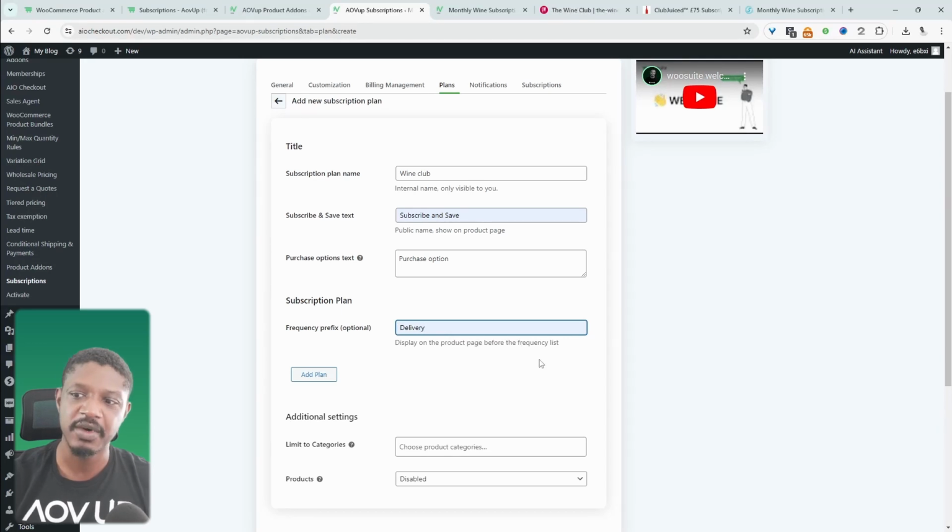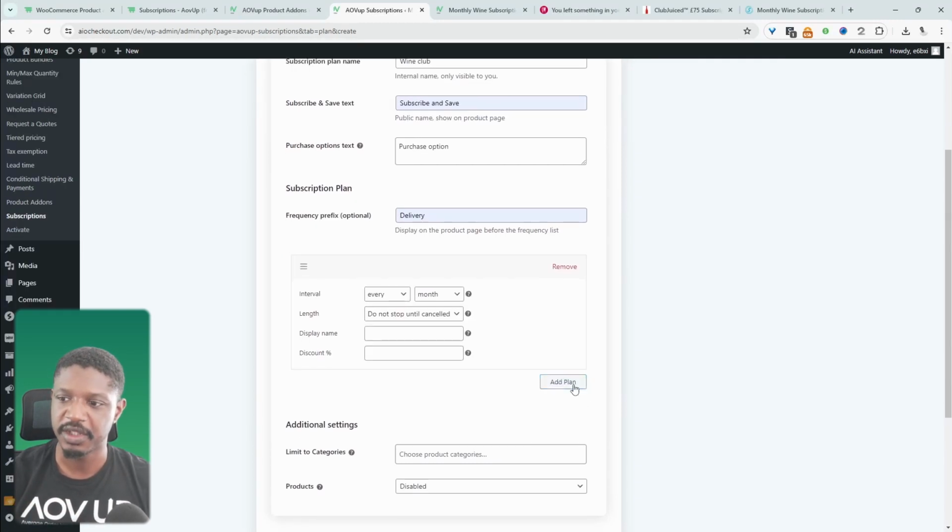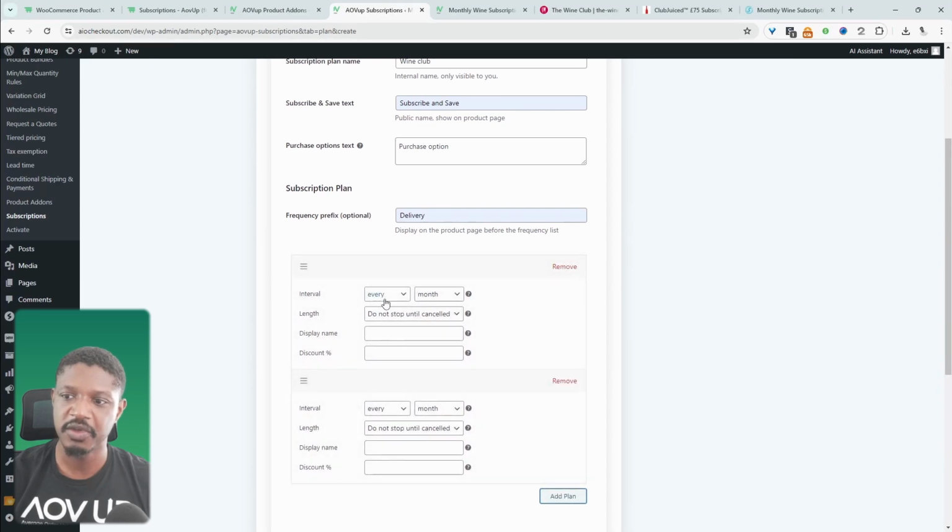So basically, how often do they want us to deliver it? So this example that I'm creating, this won't make sense. This will only make sense if you're allowing a customer to choose more than one frequency. But for this example, we're just doing a fixed monthly frequency, and you'll see what I mean. So we could create multiple plans. So we could create one that says they'll be billed every month, maybe quarterly or yearly or whatever the frequency